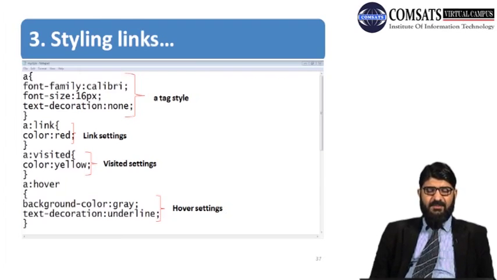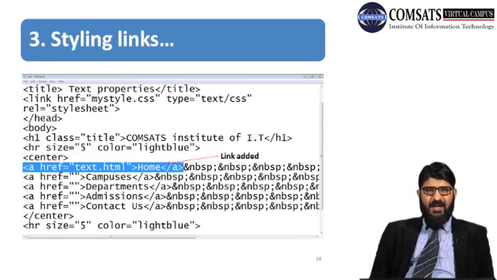So how it will appear in the code and how we will use it. Now we have opened our HTML web page code view, and we have seen the reference. The first reference is text.html, and it is basically a link that is added, and then relevant copyright information is given accordingly. Similarly for the campuses, departments, admission and contact us, these are different pages that are linked accordingly, and they will use different styling as per link category.